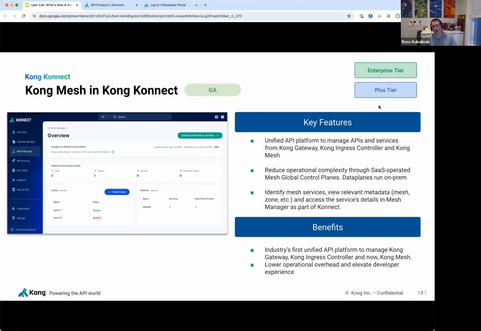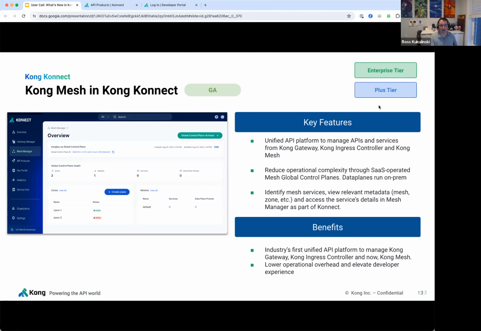And so we're really excited to bring Kong Mesh into Konnect. So that global control plane is now offered as a service in Konnect, allowing single sign-on, using Konnect's RBAC policy to control the behavior of which teams can control and configure which policies in your mesh environments. So really, really exciting. This is GA, and it's available as part of the Konnect Plus, as well as our